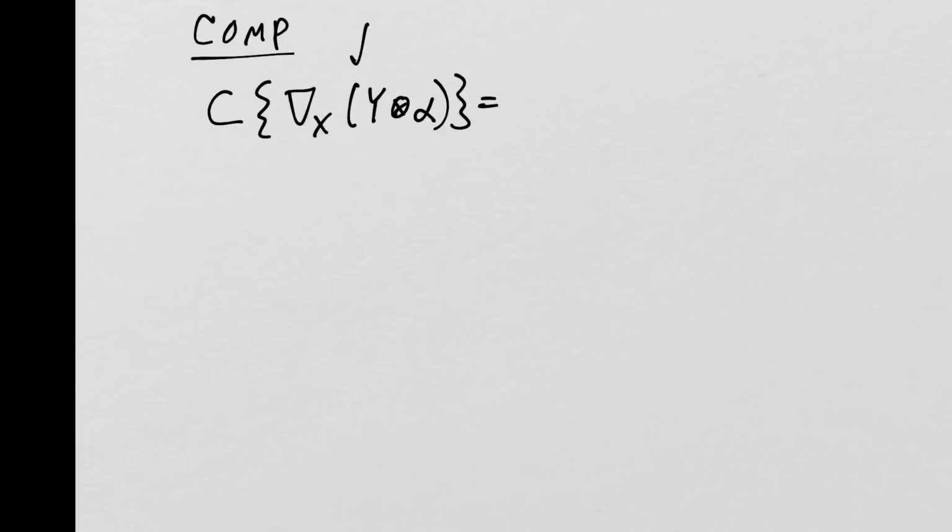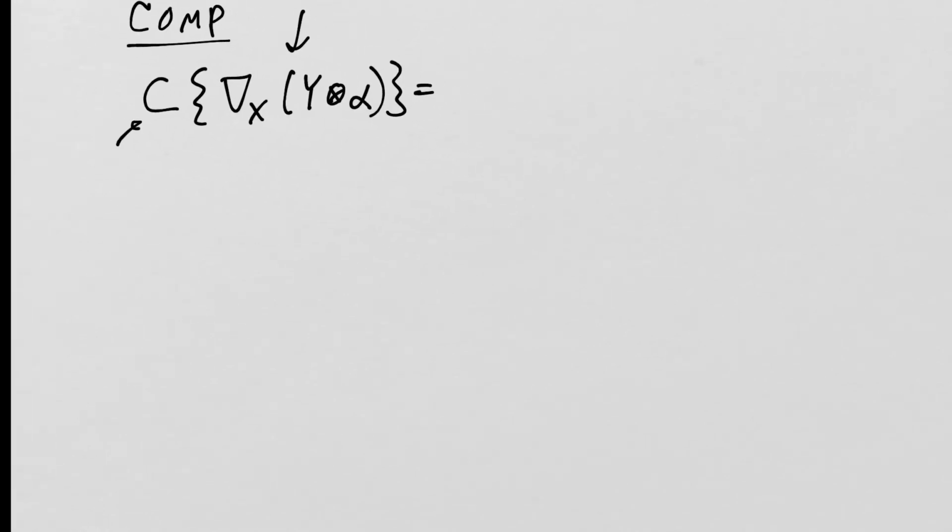we've learned. So let's begin by taking the contraction of the covariant derivative in the direction of x of a tensor y alpha, like this, which we know is going to equal... we're going to use the Leibniz rule on the inside and then the linearity of the contraction, and we're going to get the contraction of the covariant derivative xy tensor product alpha plus y tensor product the covariant derivative of x of alpha,